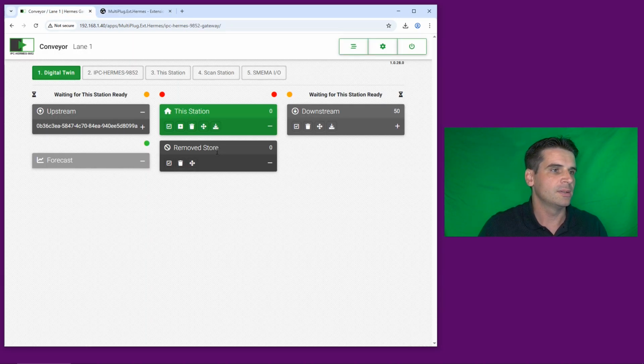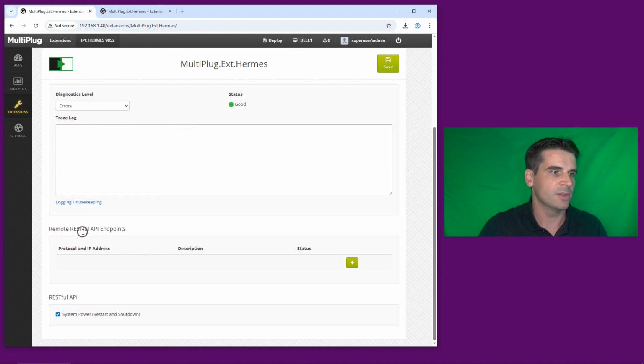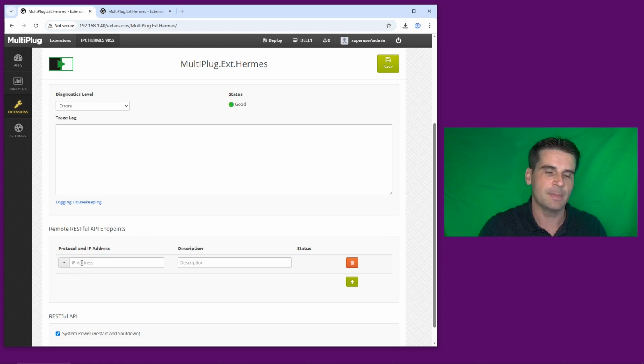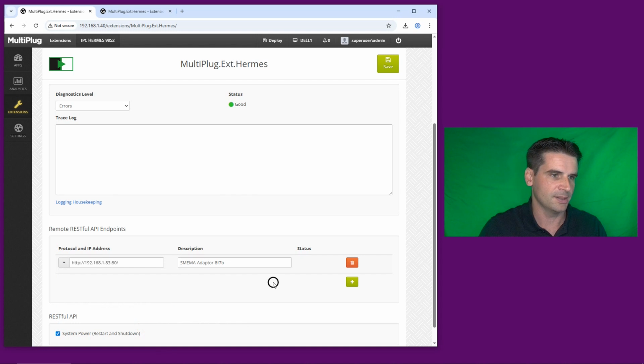On the device that I'm sending the data from, if you go to setup and scroll down to remote RESTful API endpoints, you can add one. You can type in its IP address and protocol if you wish. If your network supports it, this uses SSDP, so it will go away off to the network and discover all the instances on the network and give you a nice list to select. So we're going to say this adapter here, and it populates the description for now. We'll save that,